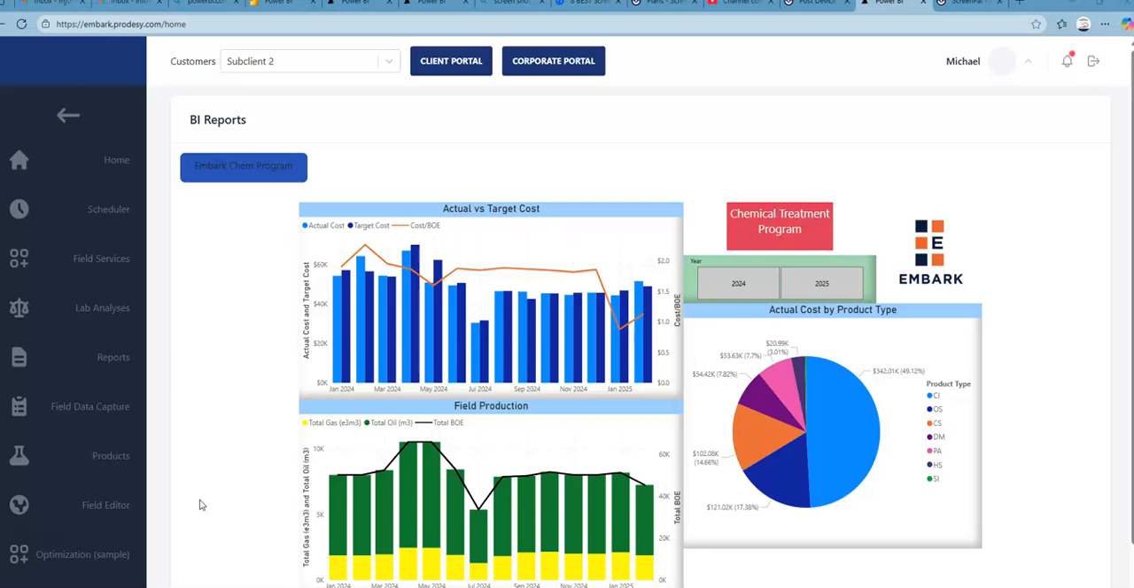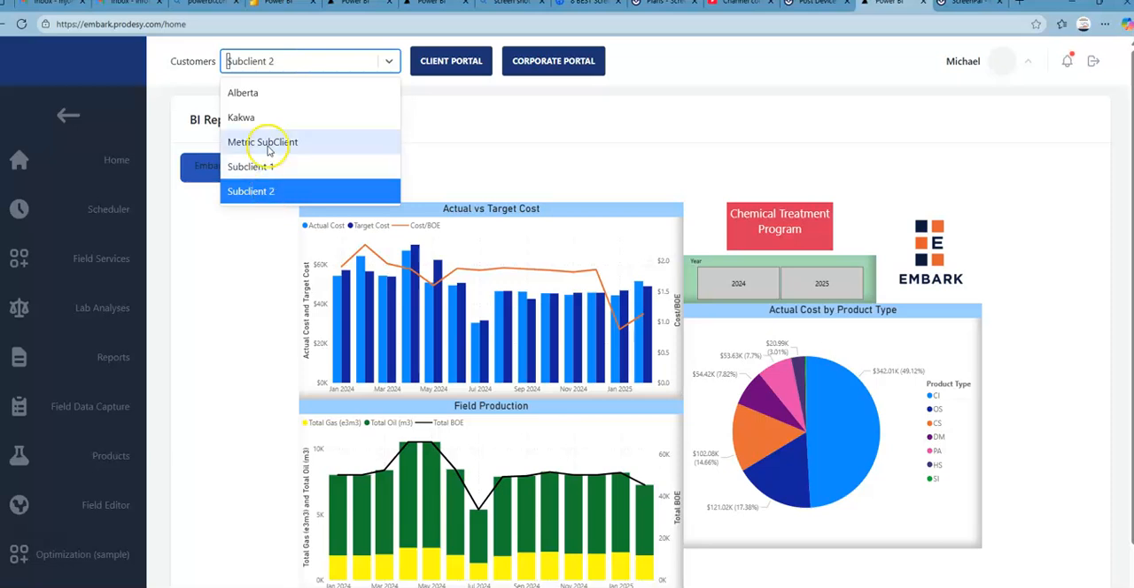This is a short video to show you how to set up new areas, fields, and locations, and to create tanks so that you can start tracking your inventory in Prodesy. So first, once you've logged into Prodesy, make sure that you select the customer that you're working with. If you have access to more than one, just navigate to the top of your screen and choose the customer